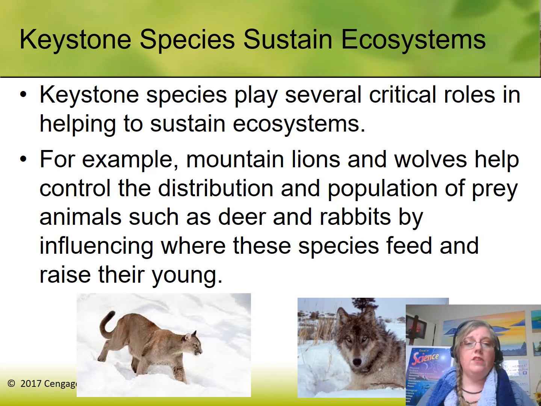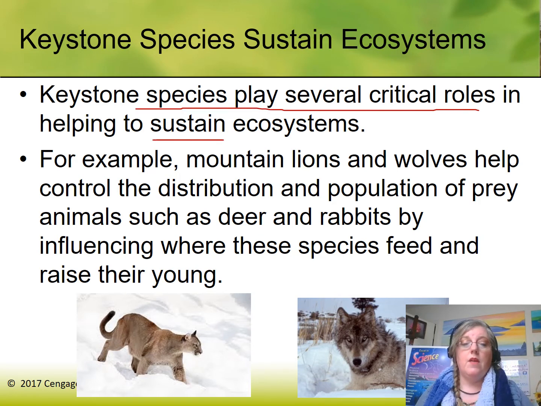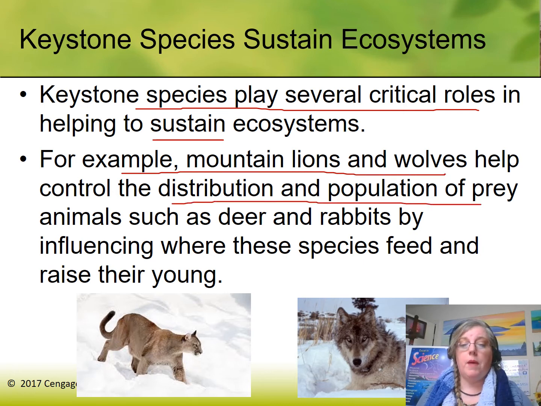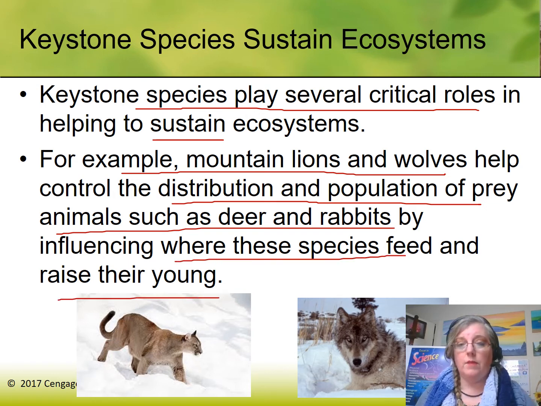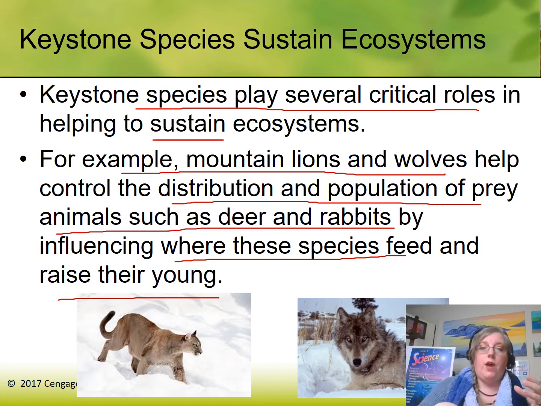So a keystone species is going to play several critical roles to help maintain ecosystems. For example, the mountain lions and wolves control the distribution and populations of prey animals like deer and rabbits by influencing where these species feed and raise their young. Most of the keystone species, not all of them mind you, but a lot of them are predators in their ecosystem that keep the mid-level predators